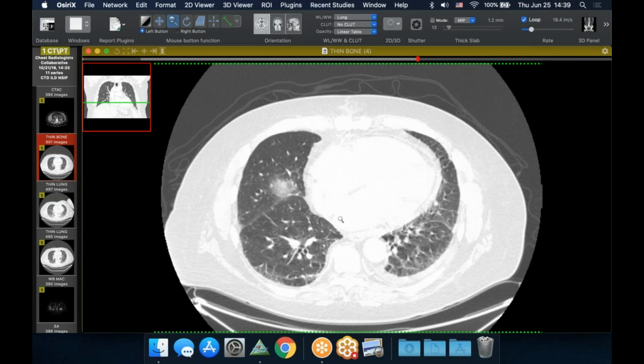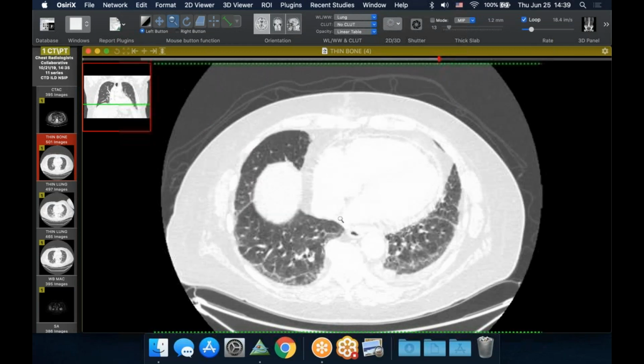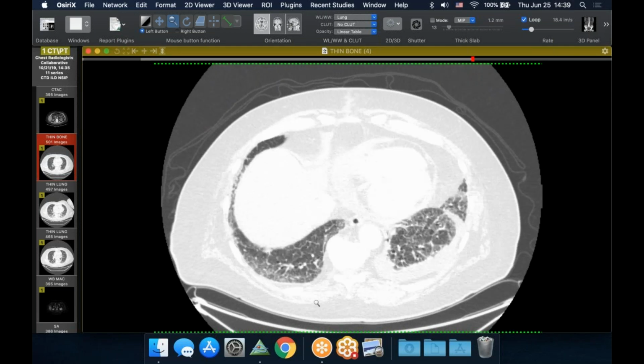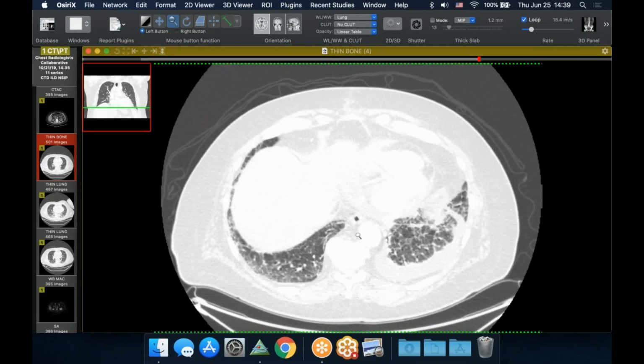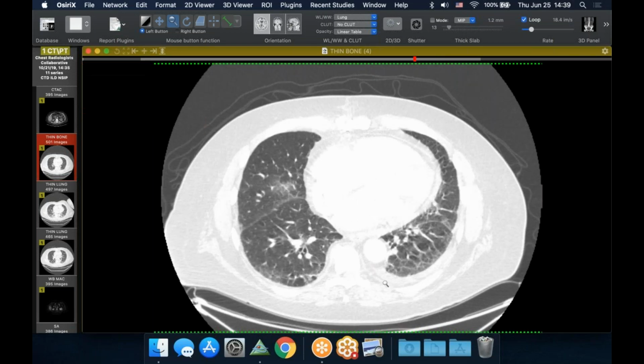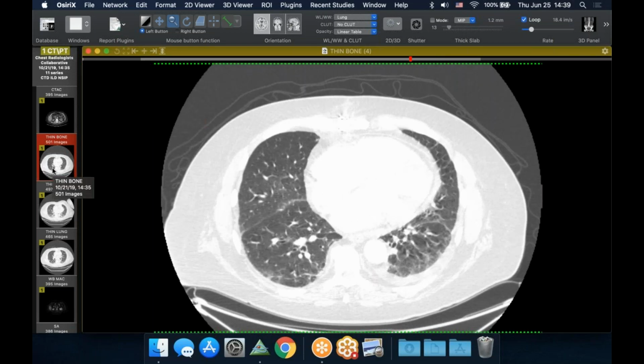I've seen UIP patterns. But at that time, not a lot of fibrosis. We see some basilar ground glass and some subpleural reticulation and some mildly dilated airways. There's a little effusion at that time. There's a pericardial effusion, all things to me that point towards connective tissue disease. So that was then, and then we jump ahead